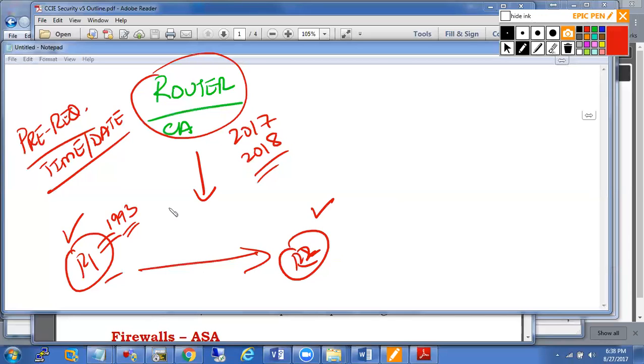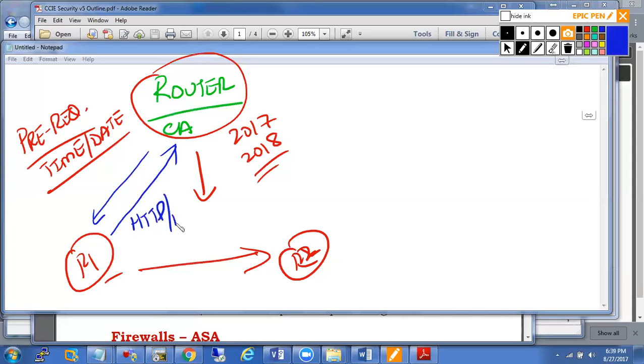The next thing, the enrollment process. Again, part of the prerequisite. When I go to enroll my certificate, what is the form of communication that I'm using? What am I using to send my public key to the router and the router responds back with my certificate? What is this communication happening based on? What protocol am I using to set this up? The protocol that I'm using to set this up is